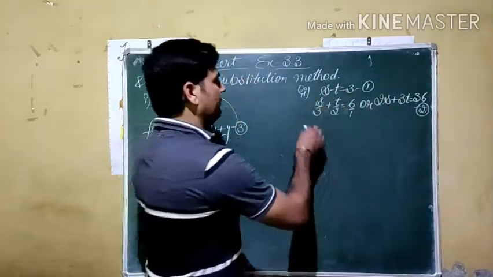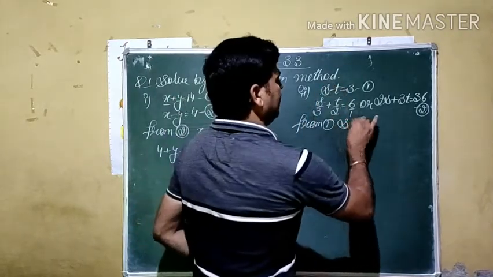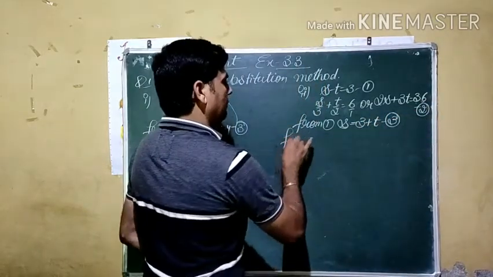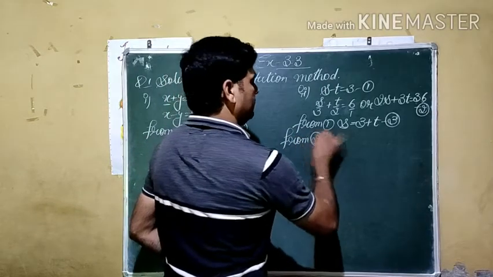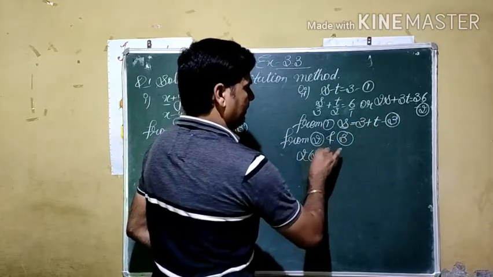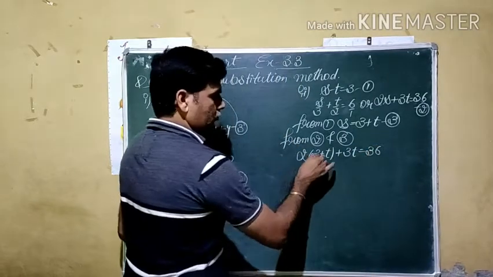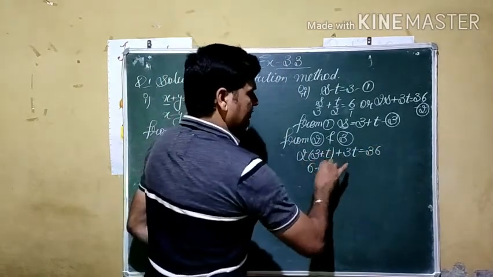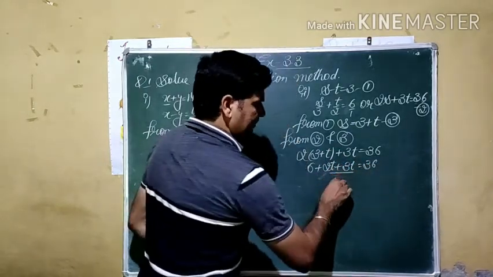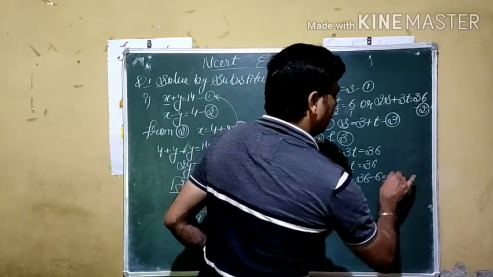If you see here, the first is the simplest equation. So from 1 we are getting the value of s. We always choose the simplest equation first and get the value of one of the variables. Now we use this in 2, s is equal to 3 plus t. We get double of s, where s value is 3 plus t, plus 3 times t is equal to 36. If we open it, 2 multiply 3 becomes 6, 2 multiply t becomes 2t, plus 3t is equal to 36. Like terms add up, and shifting 6 to the other side, the sign changes to minus, we get overall 30.